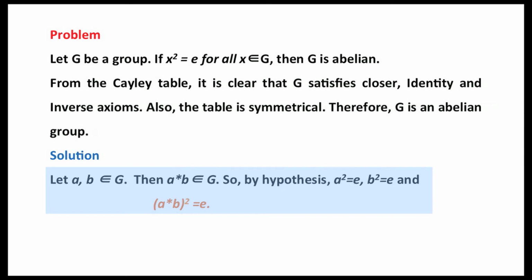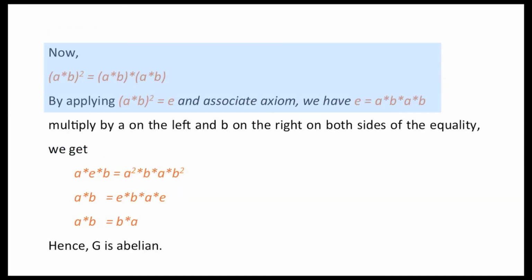So, by hypothesis, a squared equals e and b squared equals e, and (a b) the whole squared will be equal to e. Now, (a b) squared equals a b a b. By applying (a b) squared equals e and the associative axiom, we have e equals a b a b. Multiply by a on the left and b on the right on both sides of the equality, we get